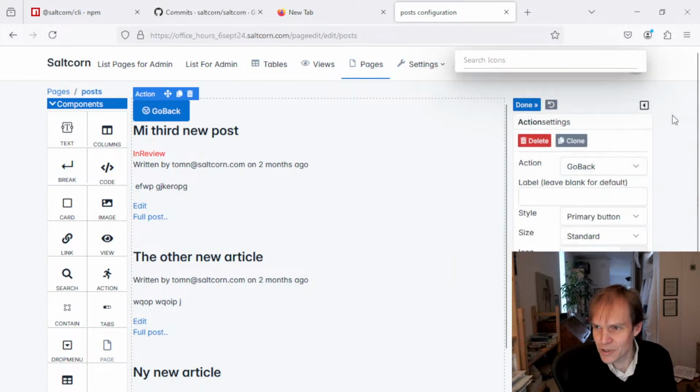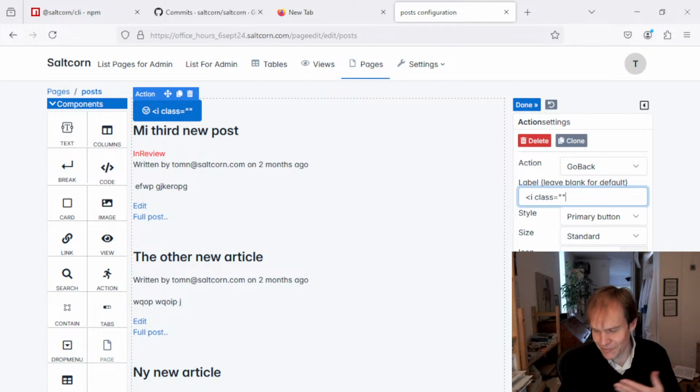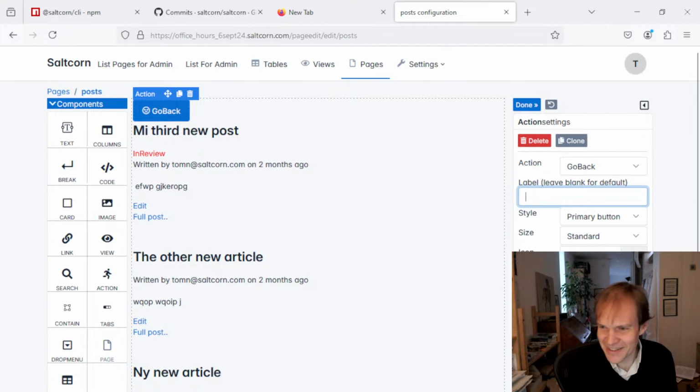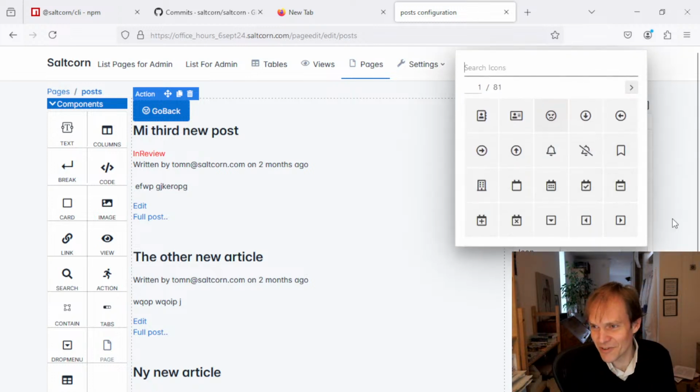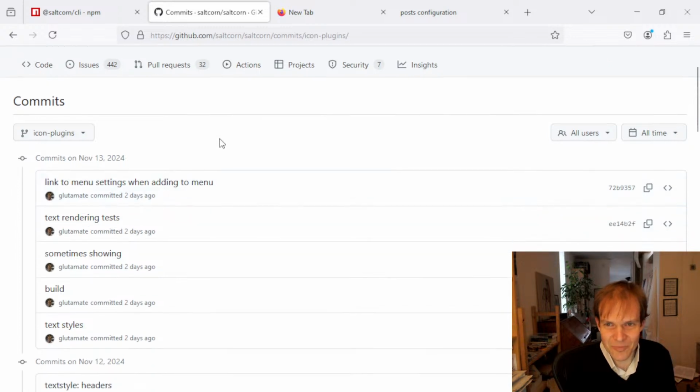Now, some of you who love abusing Saltcorn have figured out that you can actually write HTML in here. So you can do like i class equals blah blah blah if you want a different icon, if you've loaded those pages, but that requires a certain amount of dedication to having abused what can go in these labels. So if you just do the standard no code thing, then you only had this very limited selection. So in the next version, and I've already written the code, there will be plugins for